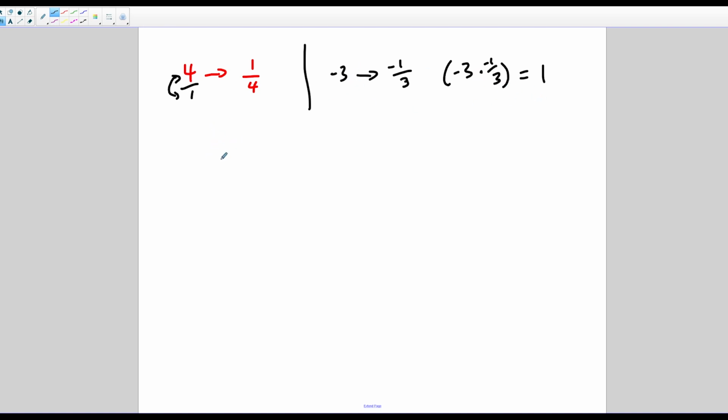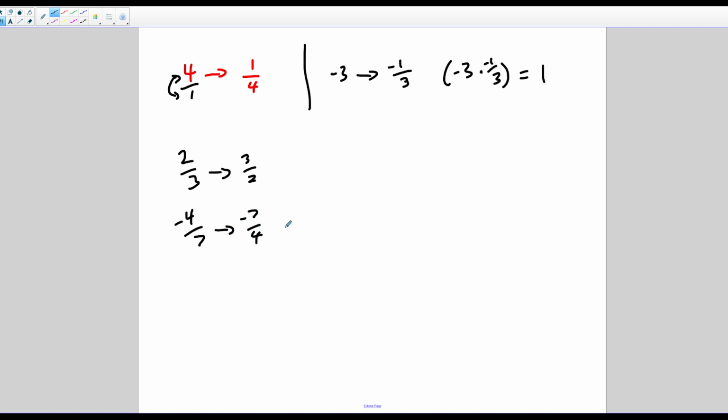So that being said, we can take a look at a couple of quick examples here. If we think about the reciprocal of a fraction, for example, let's go with 2/3. The reciprocal is going to be 3 over 2. And if we look at a negative fraction such as -4 over 7, your reciprocal is simply going to be